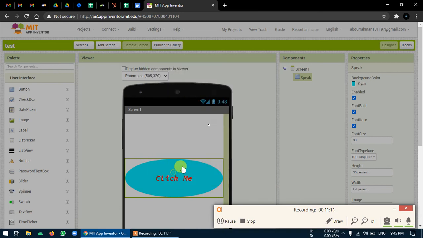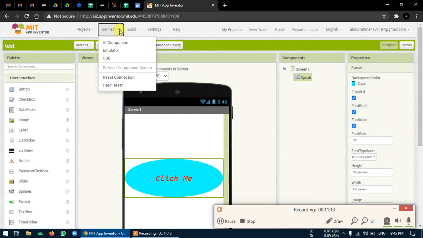Okay. Now next, if you want to use an emulator, you can, but you have to download it in your system. If you don't have any Android phone, and you're using an Apple iPhone or maybe some other operating system, you can just use an emulator. Here you need to download an external application and run it on that. The other option is to connect directly by USB and test it.